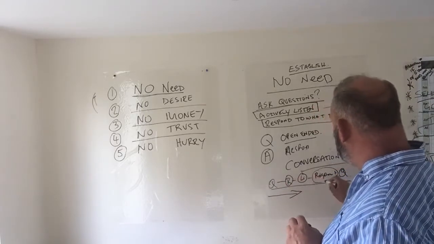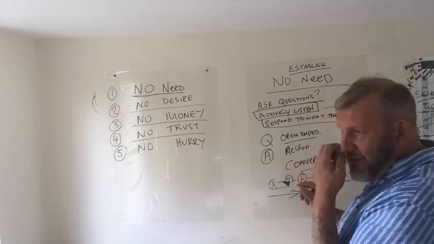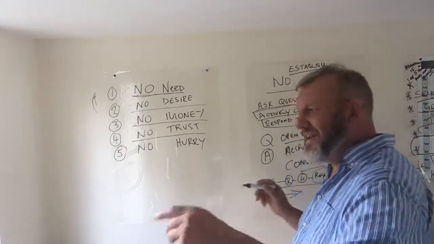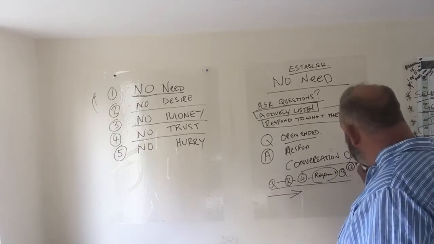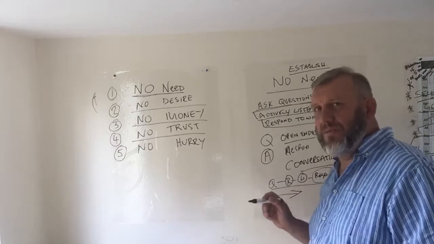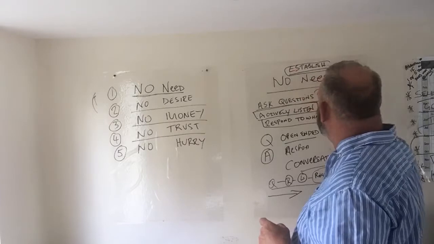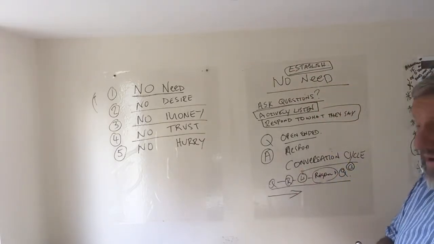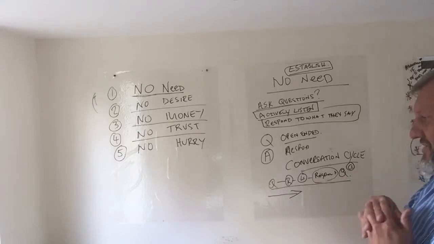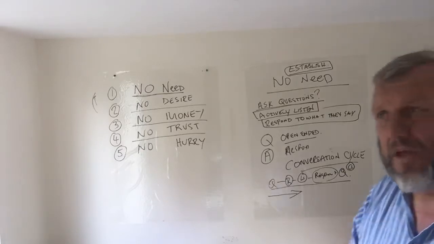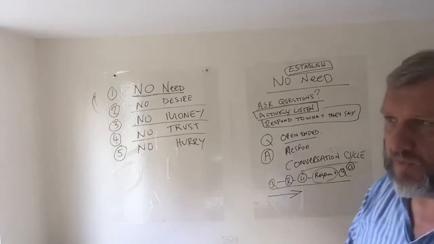Question, response, listen to what they're saying, respond and ask another question. But don't ask a question that's unrelated. Take them on the journey. Close it at this point. So we need to close, and then we need to say, are you happy with that? And then we move them on. That's how you establish whether there's a need for your product, or in actual fact, this is where you can create the need for your product. So as a clever closer or clever salesman, you create the need even if there's not one, or there's not an obvious one.